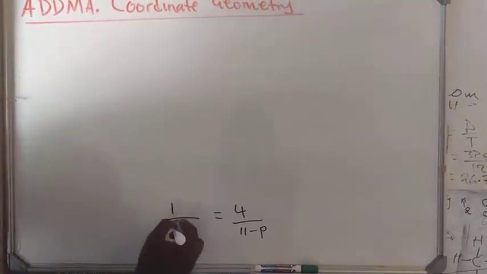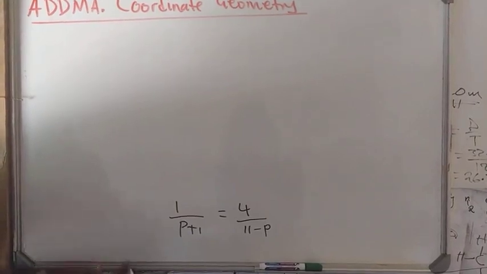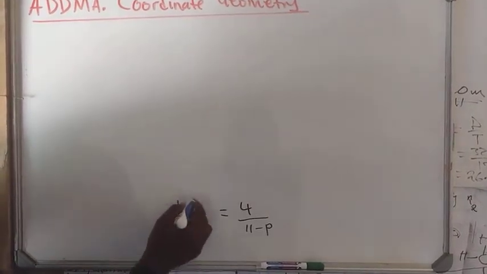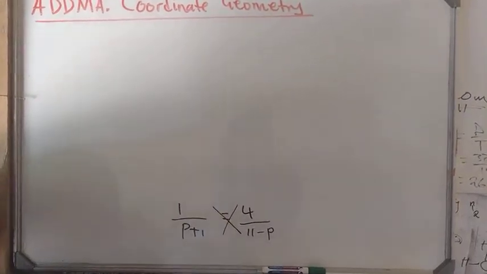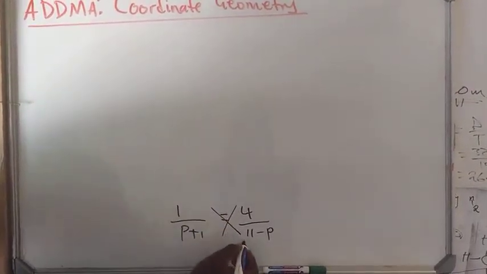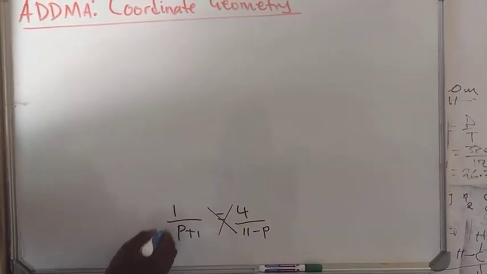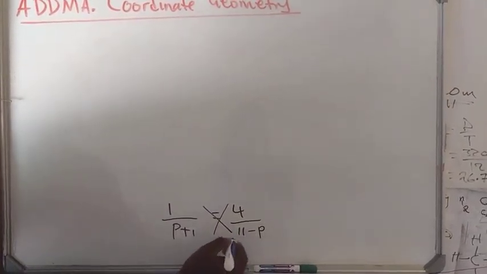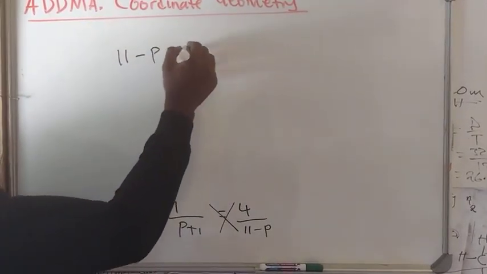This is a fraction, and this is a fraction. Remember, the question is, they want us to find the value of p. So if this is a fraction, this is a fraction, you can cross multiply, meaning 1, you multiply with 11 minus p. And any number that is multiplied by 1, you get the same number. So this will come the way it is. 11 minus p equal to,